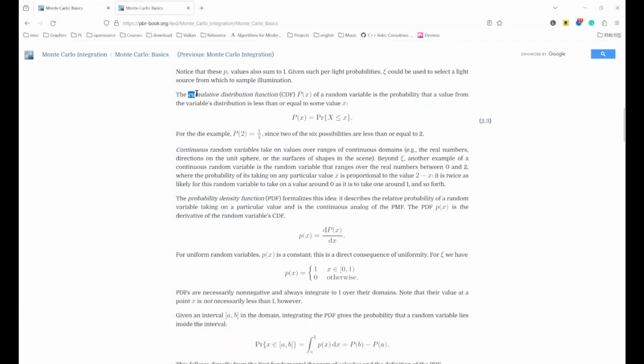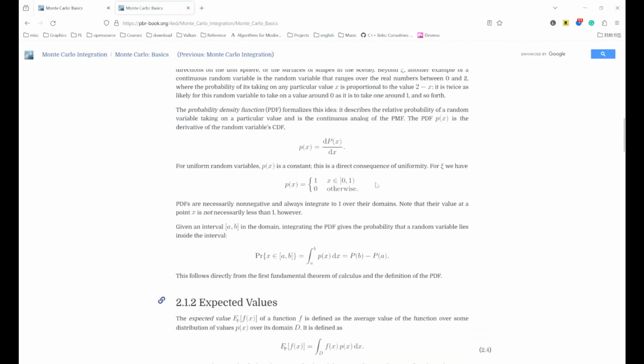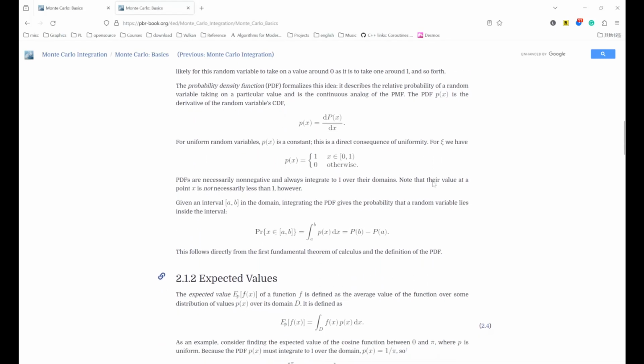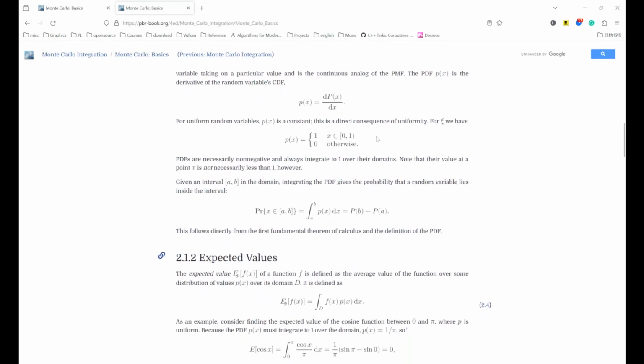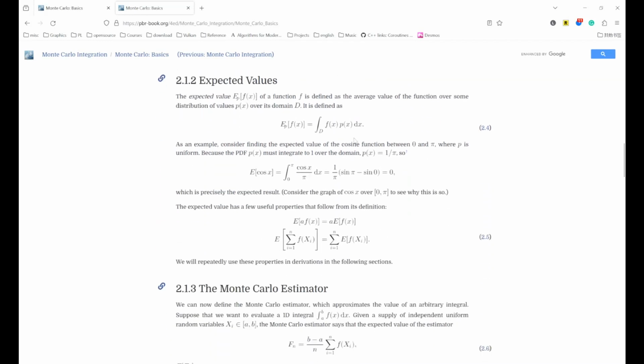CDF is really useful for stuff like, remember we talked about the inverse CDF as a way to combine different PDFs together. And also expected value